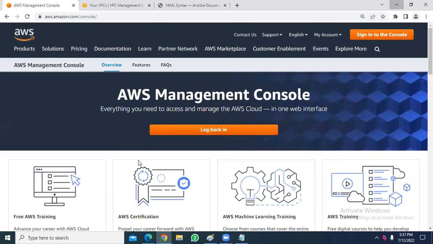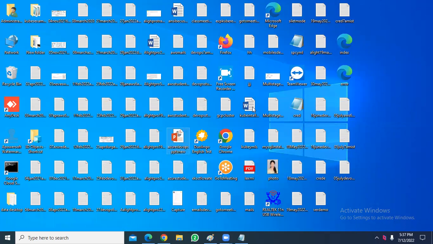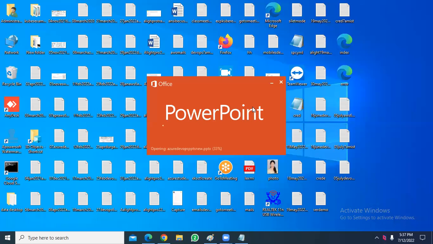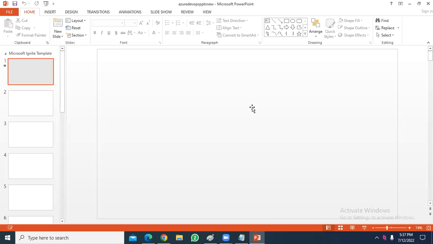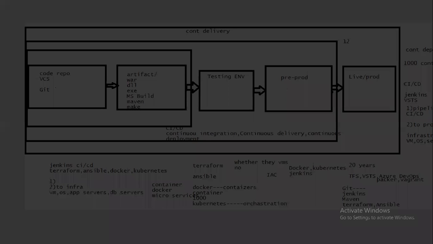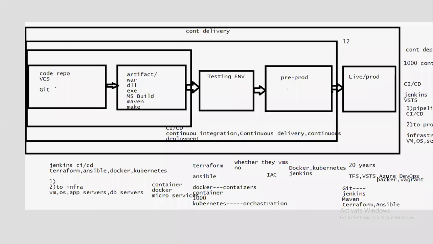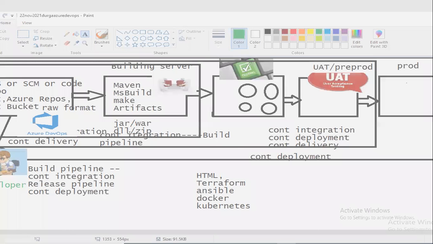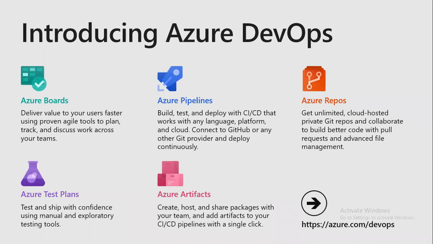Now, when it comes to Azure DevOps, let me open a few slides. This flow we have already discussed. The next area is Azure DevOps.